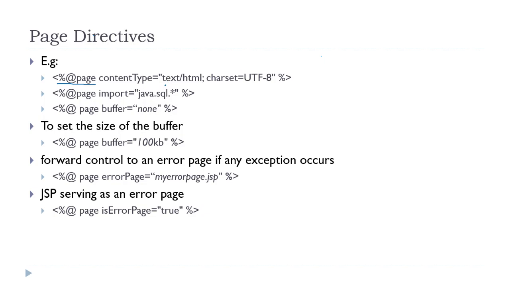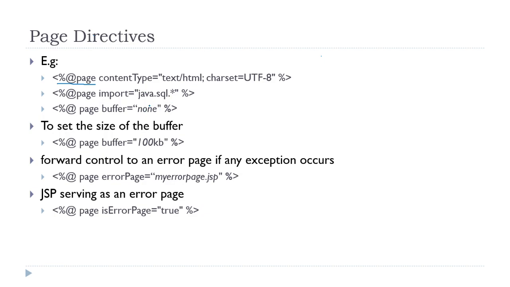input like this. So text/html. If we write text/plain here, then the response that we are going to send to the client will be treated as if it is plain text. Like we had seen in the servlets, if we set the content type to text/plain, then all of the content that we have written, even if it is HTML content, will be rendered as if it is plain text on the client browser.